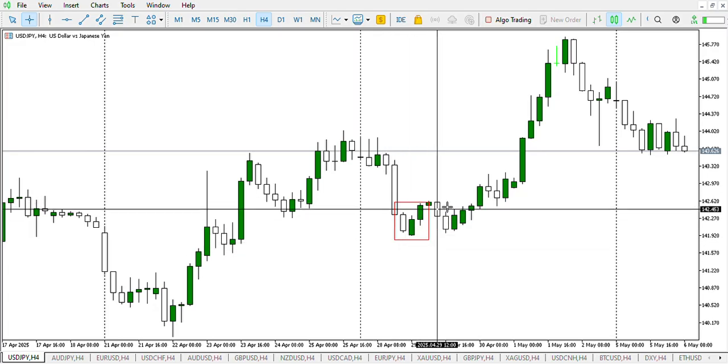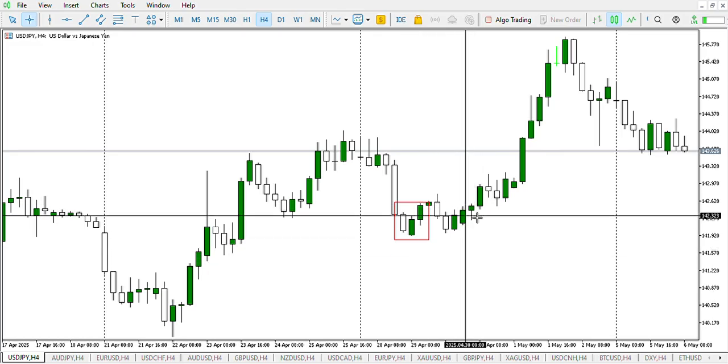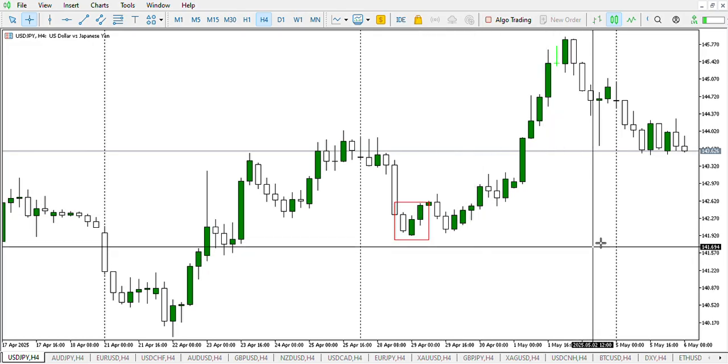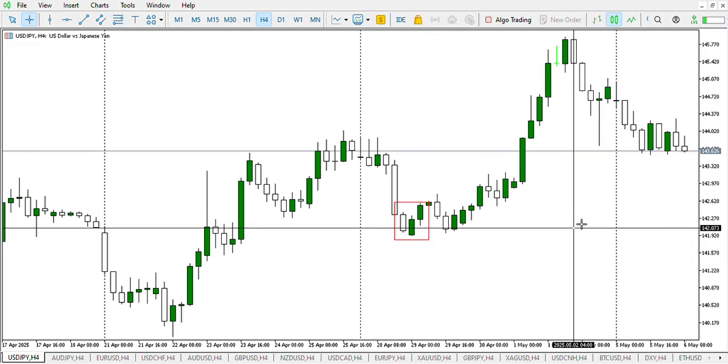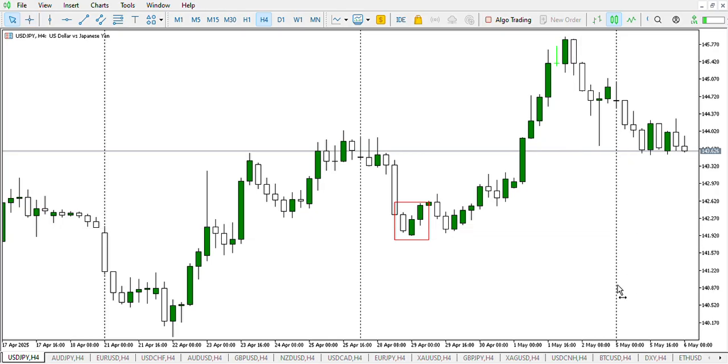Wait for the formation to be completed. Because if the formation is not completed yet, then we are doing nothing but setting ourselves up for failure. That is why the candlestick close will always be important